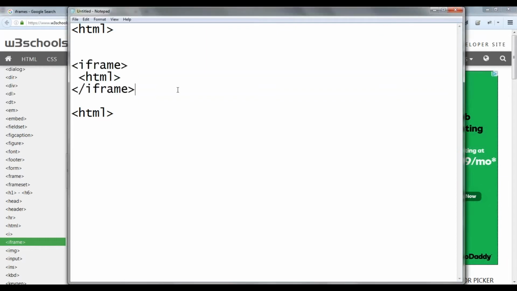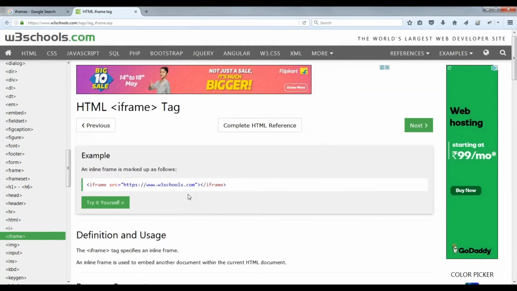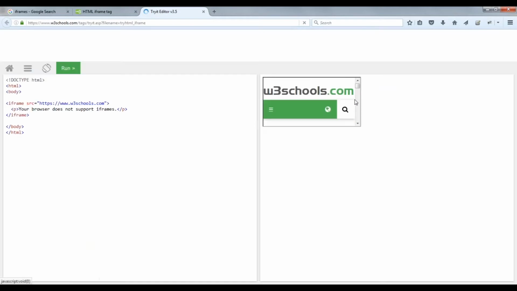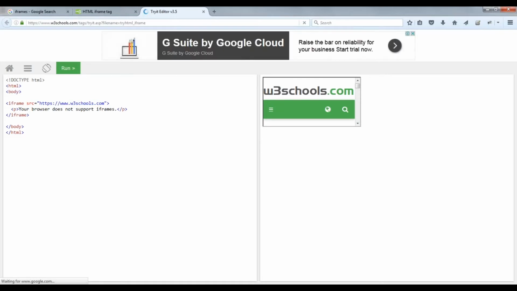Any HTML page inside an HTML page is called an iframe. If you want to embed more than one HTML inside one HTML page, then you need to use iframe as the tag, and inside the iframe tag you need to pass the HTML. That's what they're doing here. You can see there is one more HTML: there is an HTML, a body, and then an iframe with a source, which is one more HTML page. If they provide the source of the other HTML, then that HTML page will be shown like this.